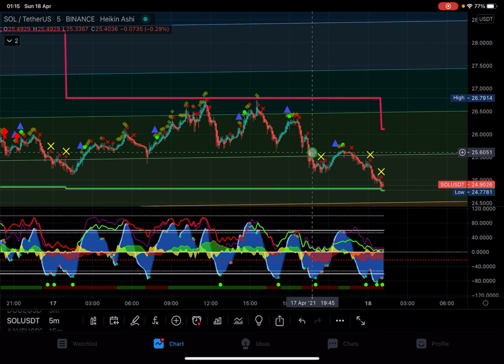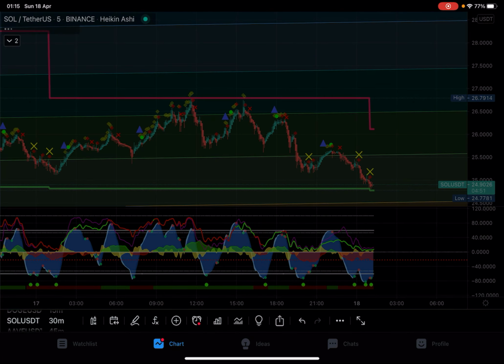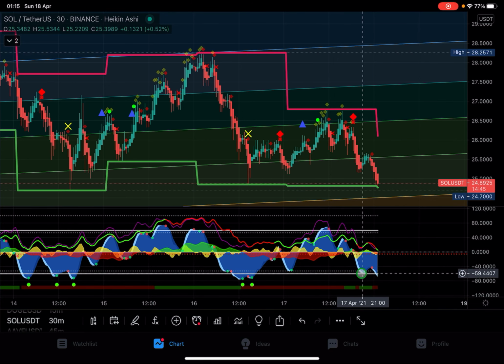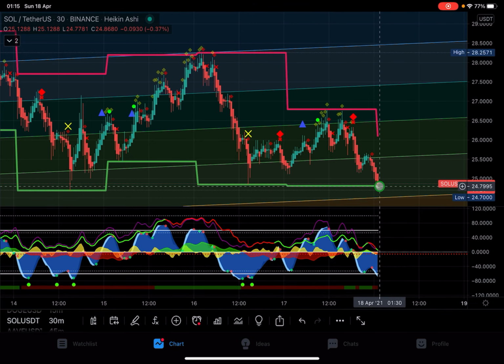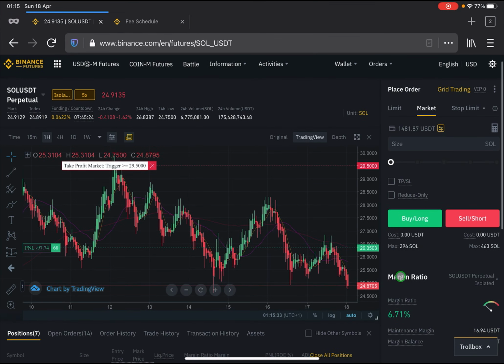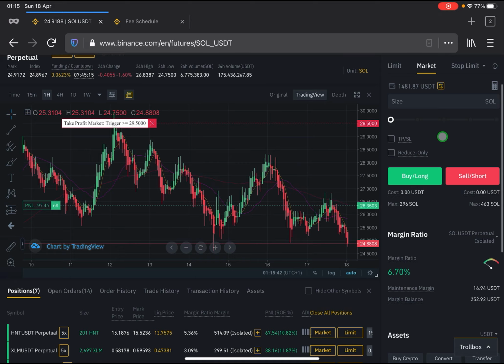So right now I've seen that Solana has touched this bottom line here of my indicator, and the wave has been going down past this median line, this oversold line, my blue wave. So what I would do here is I would accumulate a little bit more Solana. Why? Because it's dumping, right? It's at a discount right now. So I'll buy more, because it's at a discount, and if I buy more, it's gonna average